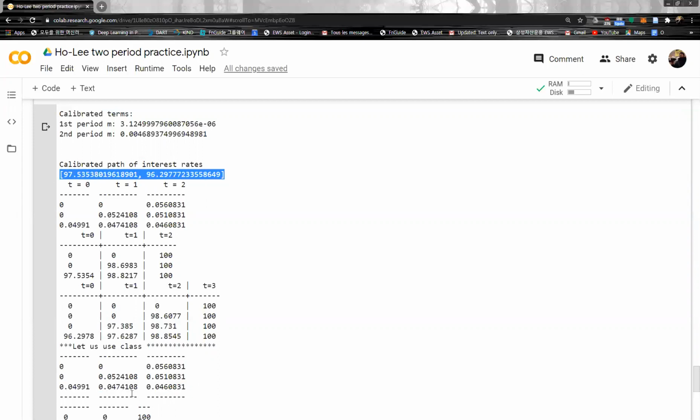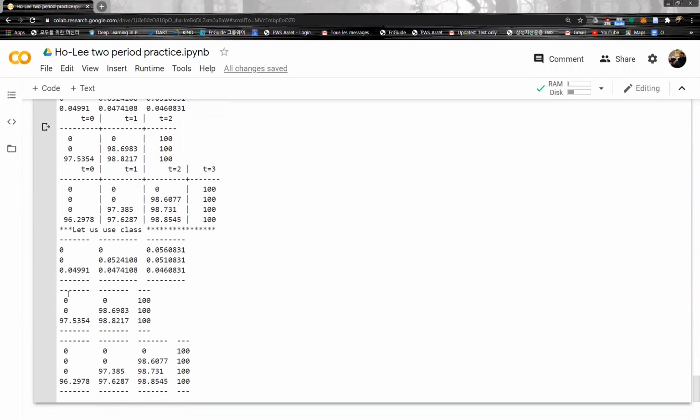The movement from here to here, this part, is consistent with this price of bond, and the movement from here to here is consistent with this part, right? And then indeed the initial price is all consistent. So we calibrated the path of interest rate,